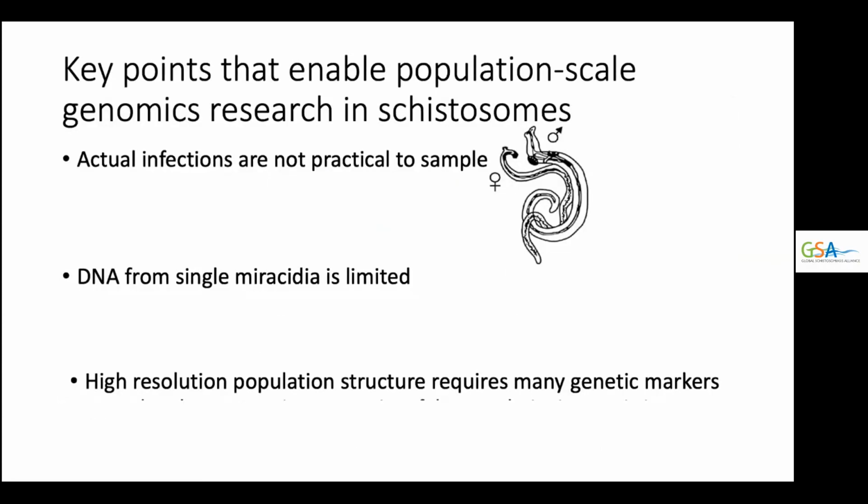These types of questions are not necessarily straightforward to answer, so I'd just like to highlight a few key points that enable this type of research. First, we're interested in the population structure of infective parasites that are living within human hosts, so there isn't a practical way to sample them at population scales. However, mating pairs from Schistosoma japonicum, which is the primary infective schistosome species to humans in China, can shed up to thousands of eggs each day, and these are more readily available to sample.